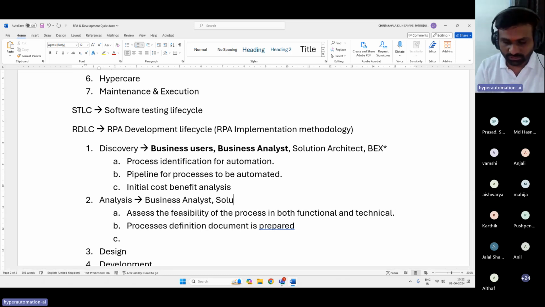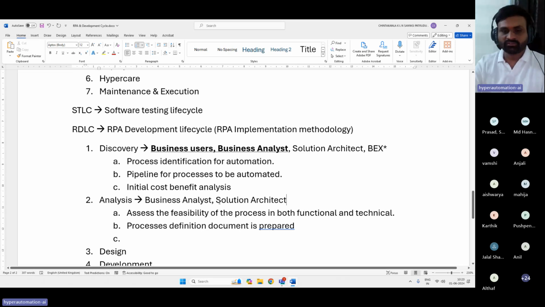The solution architect also will come into the picture. So technical feasibility will be performed by the solution architect. Functional feasibility will be performed by the business analyst.